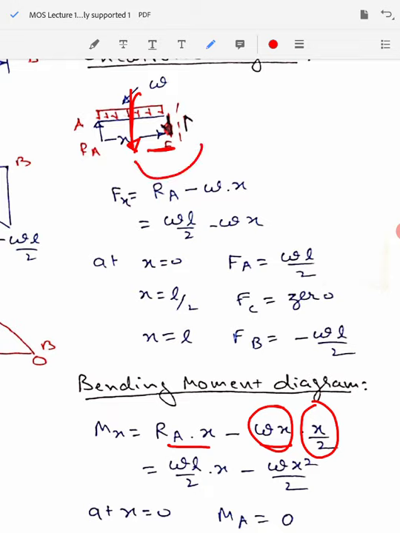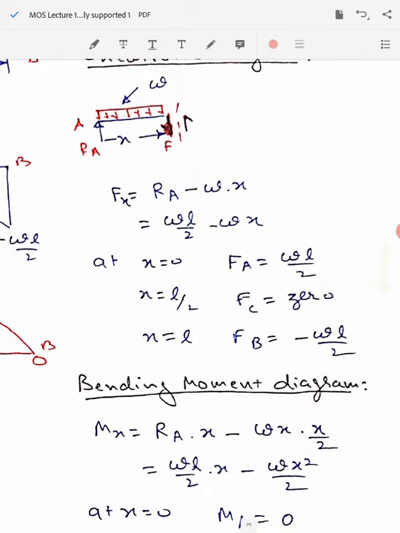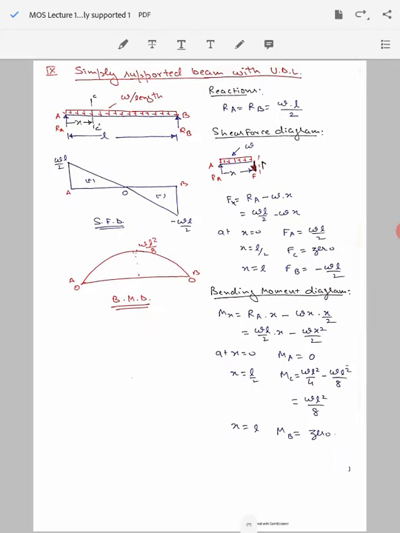Now this moment is in anti-clockwise fashion, and the reaction force moment is in clockwise fashion, so there should be a negative sign between these two. That's why we have this negative sign here. We substitute the value of Ra in this equation, and we got our equation for the bending moment. We will evaluate this equation at x equal to 0 and x equal to L. We will find that the bending moment is 0 at both the ends, as I have told you in the case of a simply supported beam.